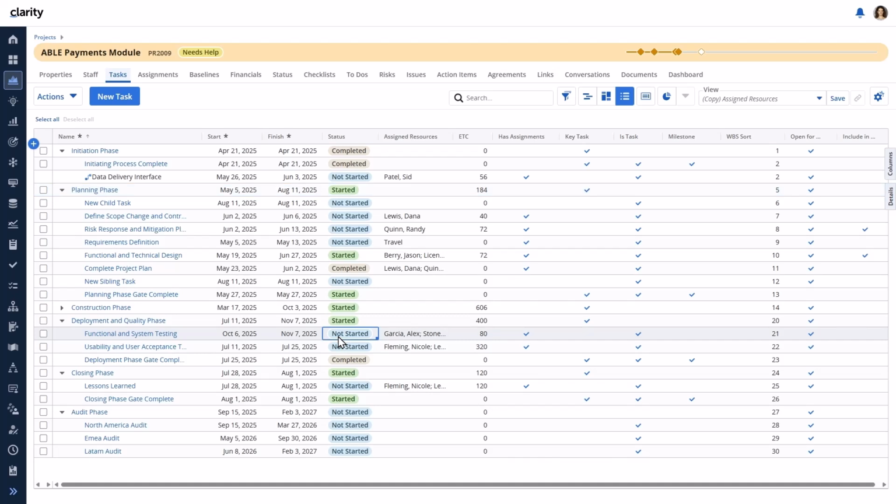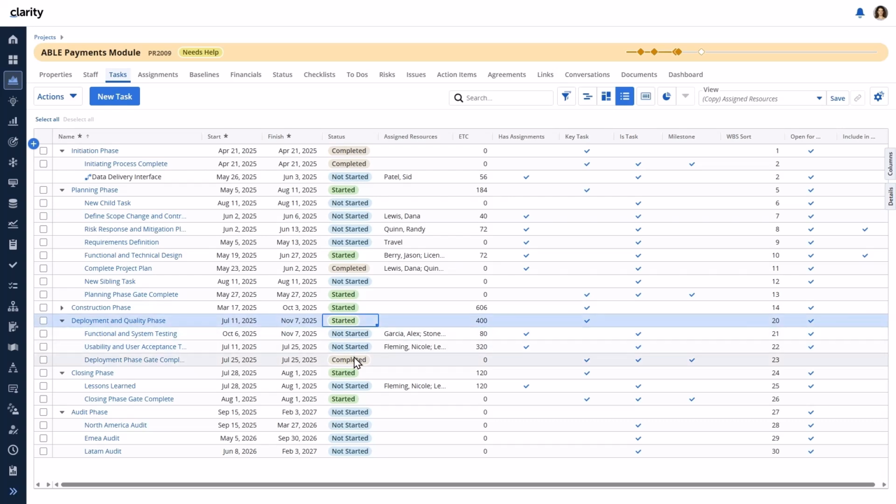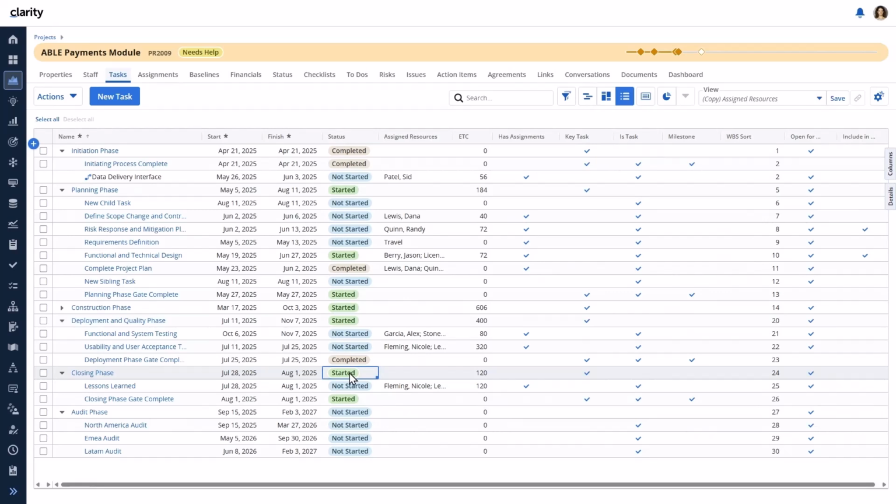The deployment and quality phase is now started. Although the milestone is completed, there are other tasks within the phase that are not yet completed, and therefore the rollup status is set to started. The closing phase status is now shown as started. Although there are other tasks within the phase that are not yet started, the milestone has started and is included